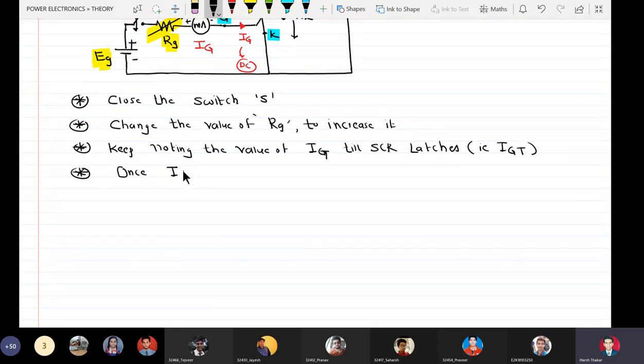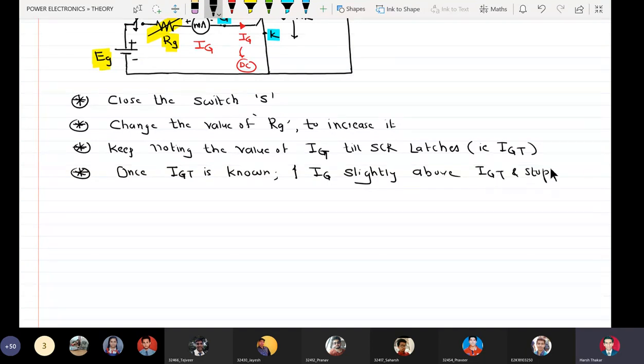So once IGT is known, increase IG slightly above IGT and stop increasing it. Okay, so now the value of IGT is known.